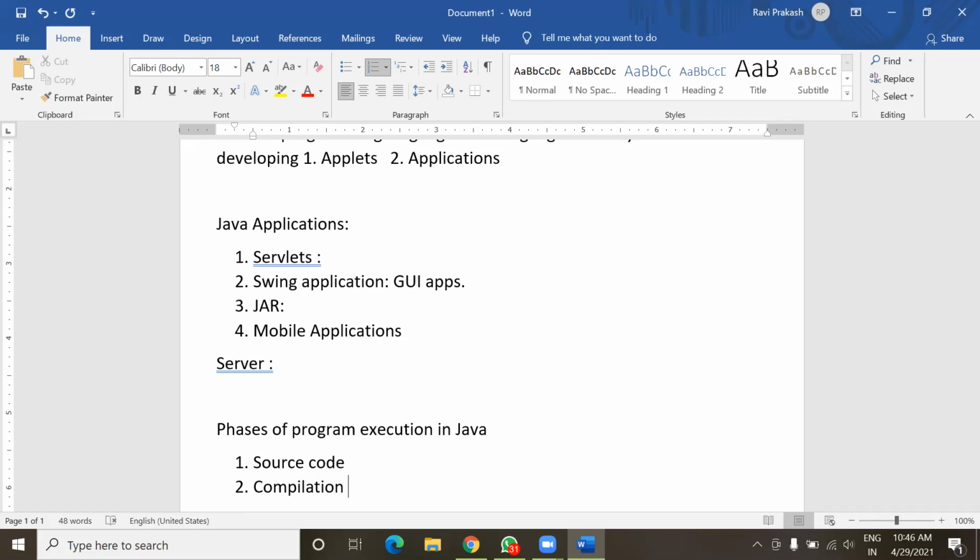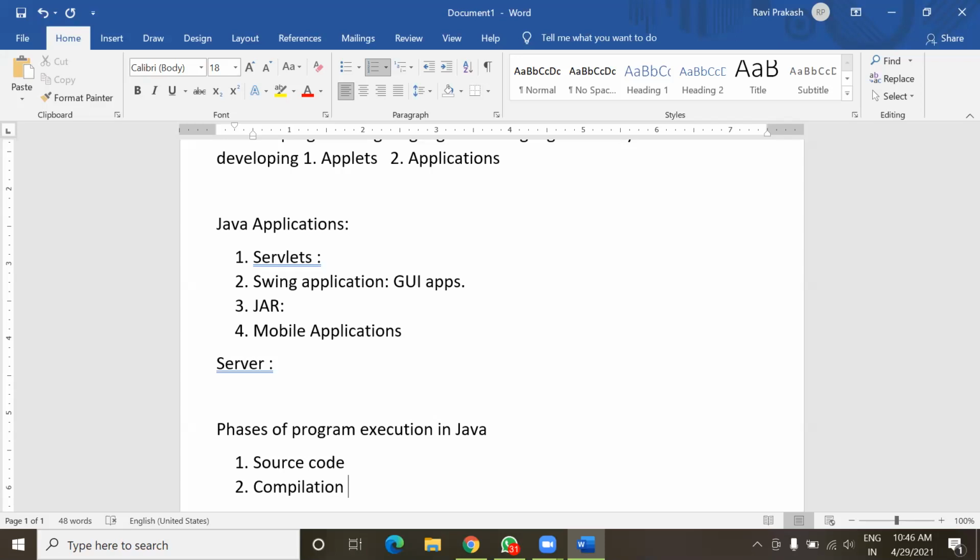Yes, compilation simply means conversion of source code, means a high level language program written by the programmer, into machine language. Okay, but in case of Java, there is some particular change here.